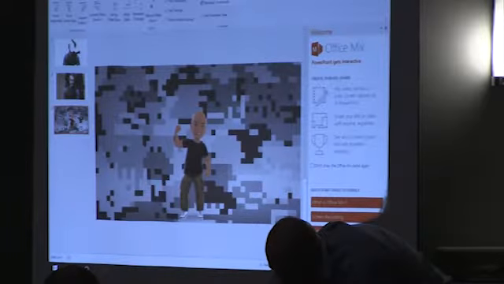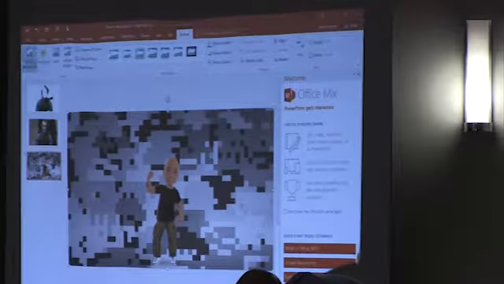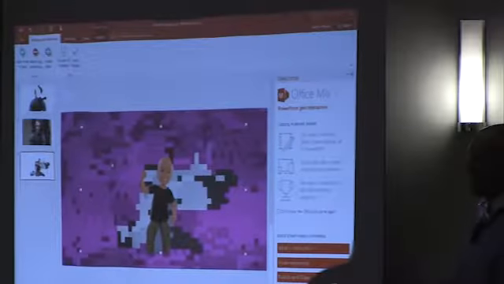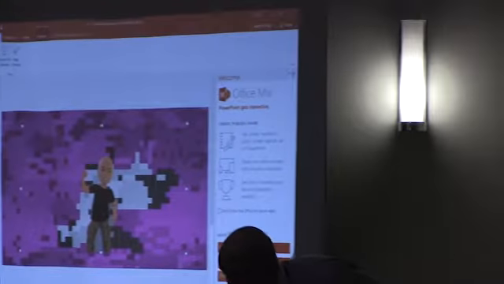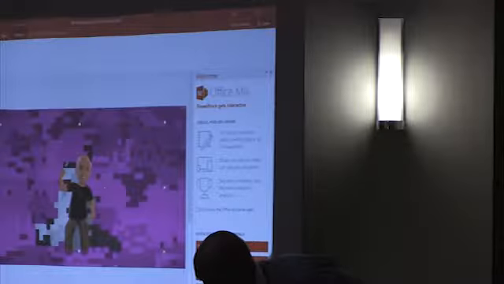I go right up here, to Format. All right, so remove background. It kind of just randomly picks whatever you want to remove. And then you can go right up here, and you can mark areas to keep or mark areas to remove. And so I can go in here, if I want to make sure this was all out, I can click.